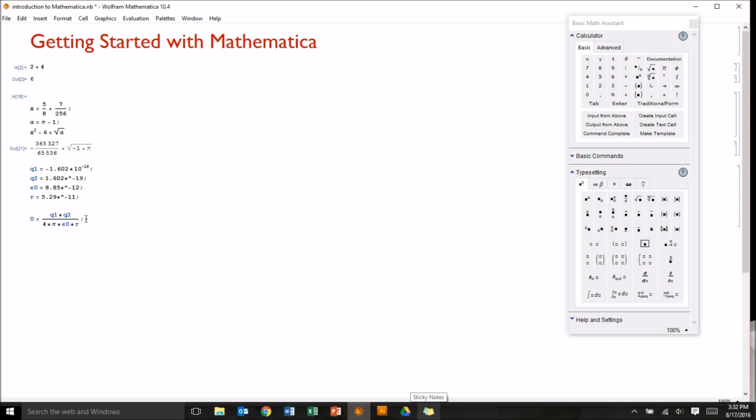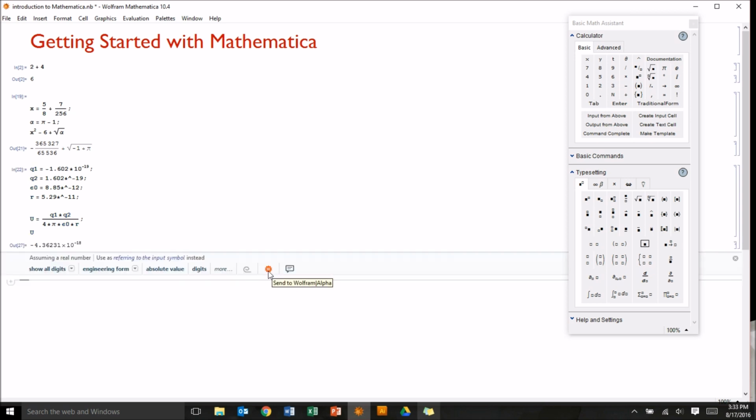So what I will do is have my cursor here and push enter, create a 6th line, and then type in U, which will provide in an output the result of U. So essentially the first 5 lines, I'm defining things and making calculations based on the definition of those terms, and then finally I'm outputting what I'm actually interested in. Okay, so now let's go ahead and perform this calculation. I will do that through Shift Enter on my keyboard, and here is our result, negative